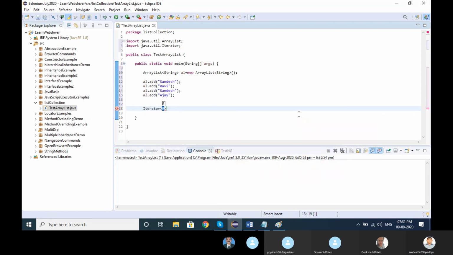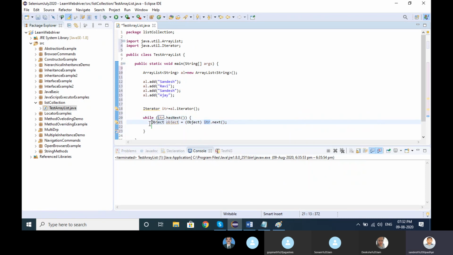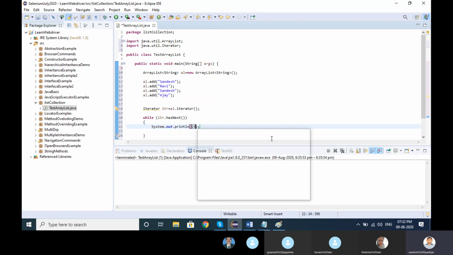Iterator, name arrayList dot iterator, while, let me remove this. Dot next.